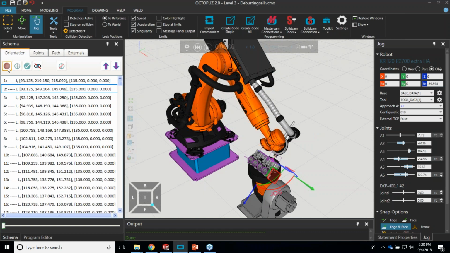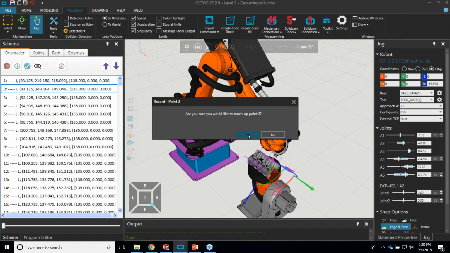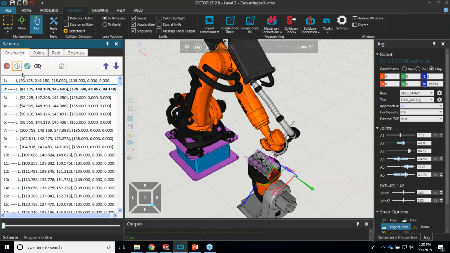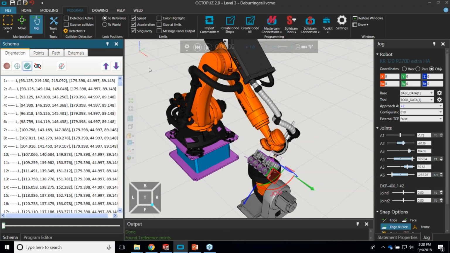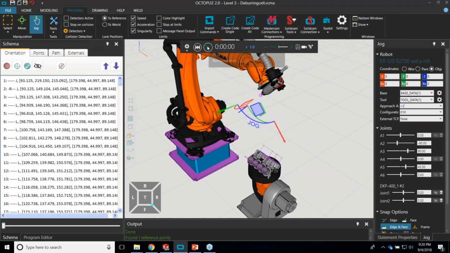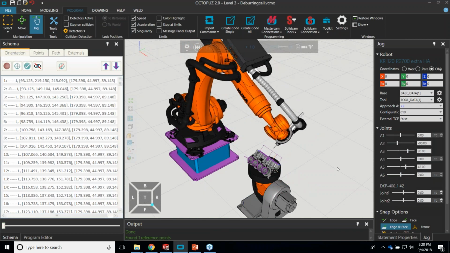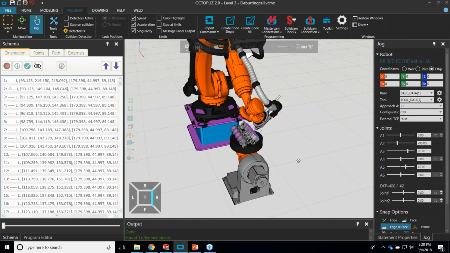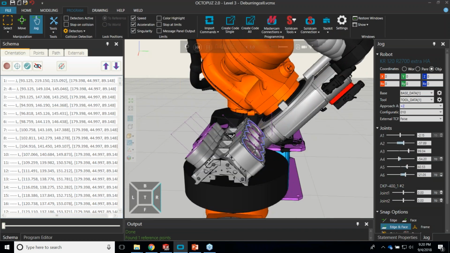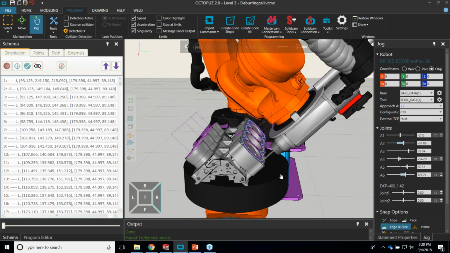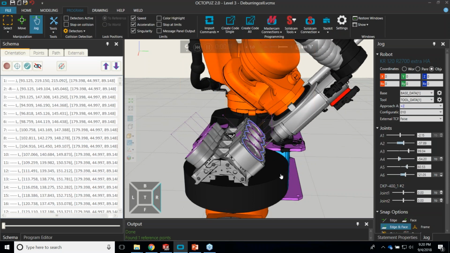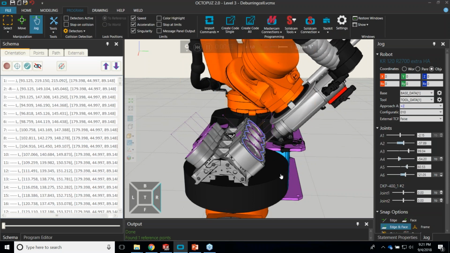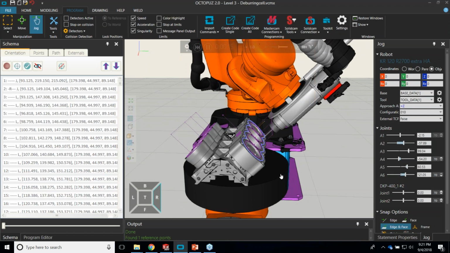Anyway, if you like this new orientation, it's as easy as touching up a single point, making that point a reference point, and now applying that reference point and that orientation to all 430 points of my path. So now if I reset, you'll notice that new orientation is taking effect. And that's an adjustment, a manipulation that is going to appear in the code as is right now. If I was happy with this tool path and the changes that I've made, I could export this as KUKA code